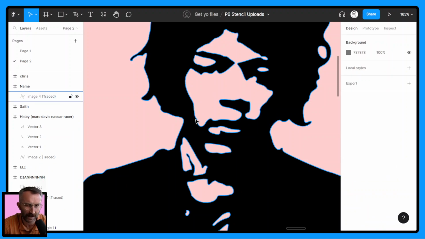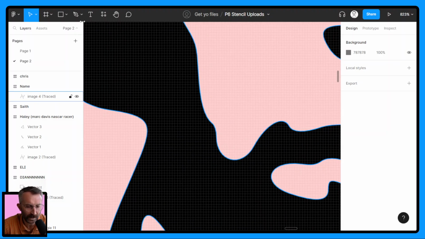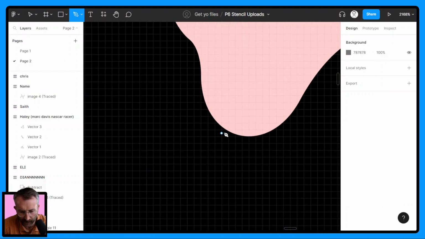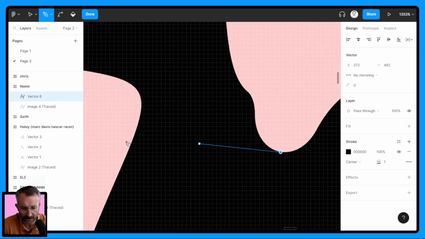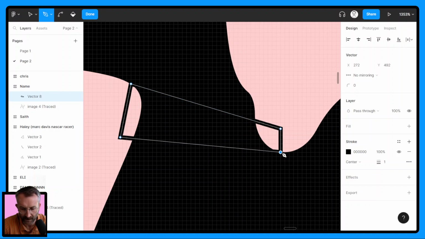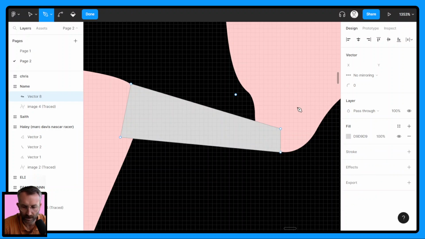What I like to do to make things look a little bit more professional is zoom on in. What we'll do next is grab the pen tool, and from grabbing the pen tool, we're going to find a point where we can connect to. So I'm going to just grab this point right here. Let's make a pen tool connection, zoom out slightly, and let's connect right here. Let's go on up to this point, and let's connect about right there. I'm then going to connect the dots. Let's add a fill, take the stroke away,